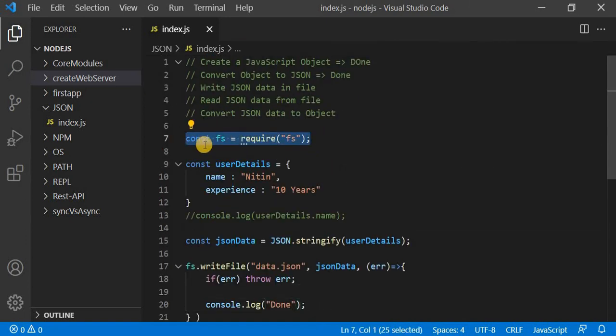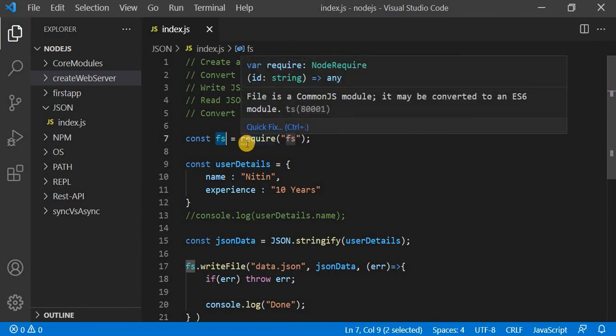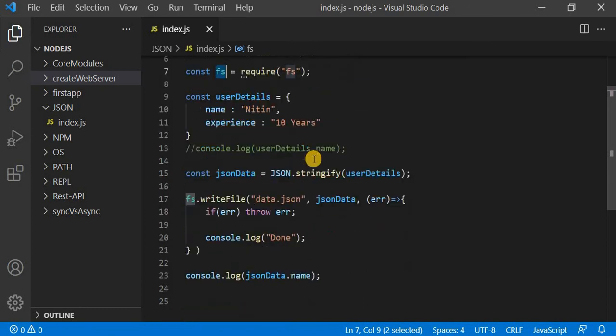Firstly I have just required the fs module, that is the core module of Node.js, and then I have used the method of fs, that is fs.writeFile. This method is used to write asynchronously, and then I have passed the file name. I'm using the same path, that's why I have not defined any particular path. And then I pass the data whatever I want to write, and then a callback function in which I'm taking an